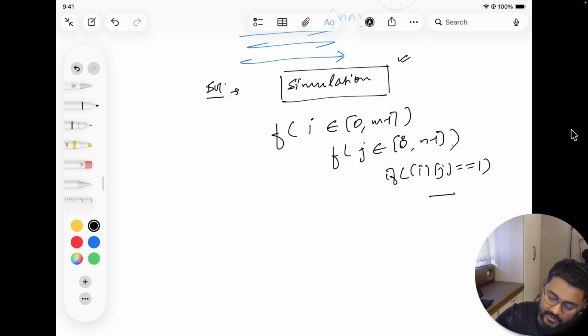check all the other elements in the row, all the other elements in the column, and if we find any other one apart from the one at the current cell, it is not a valid position, not a special position. So this is our brute force. We are not going to code the brute force because the time complexity here is order of n square,